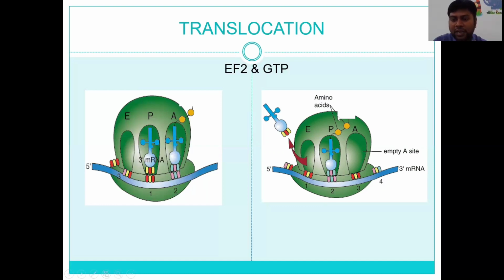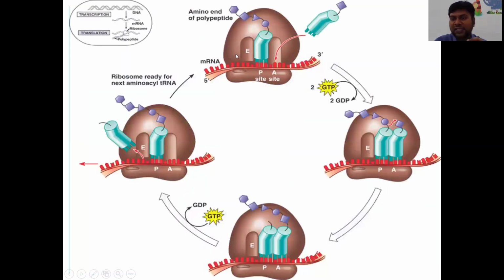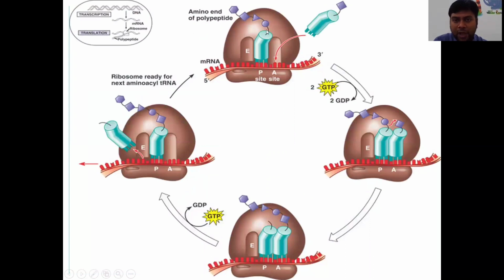How the cycle continues: here some codon will be there, which will code for some amino acid. That amino acid tRNA will next come and bind to the A site. That is the first step in the elongation phase. After that first step, the amino acids from the P site will be transferred to the A site,